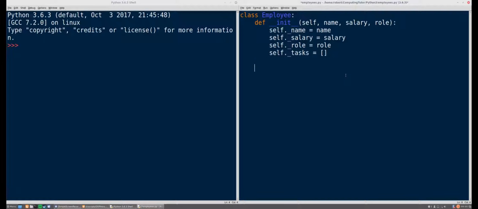Okay, so that's my constructor done. Next, what I'm going to do is define some getter methods. A getter method is a method that simply returns an attribute to the calling part of the program. So, for example, if I define a method in here in the employee class, which is called